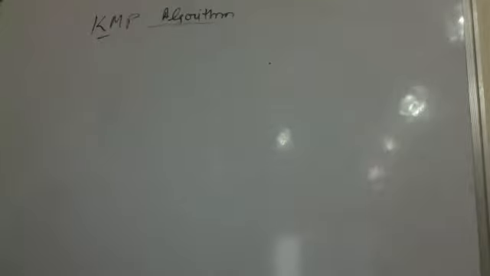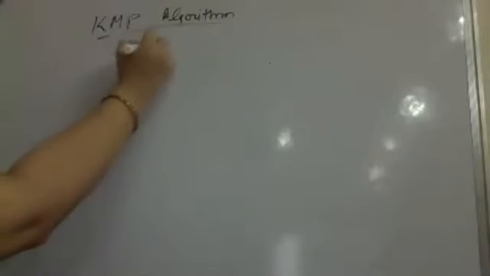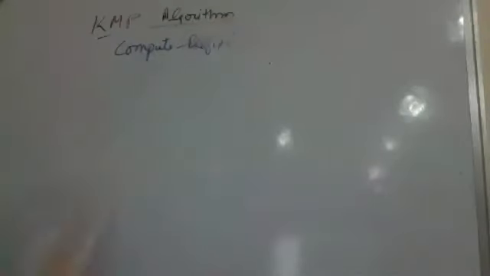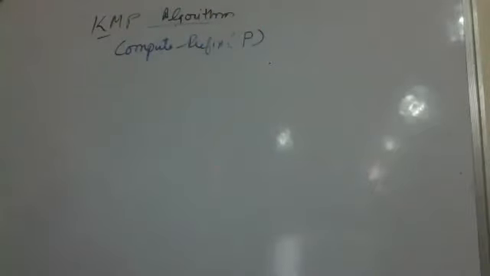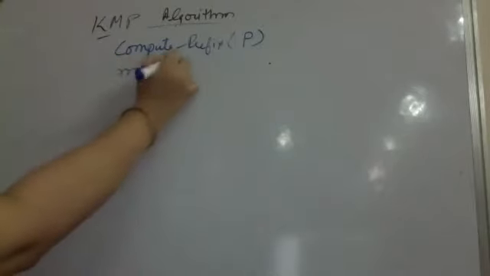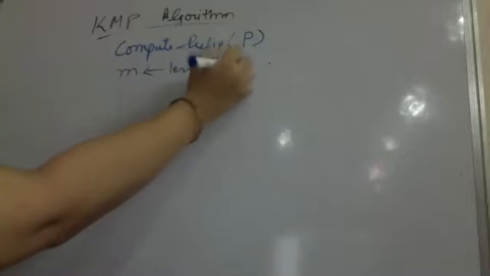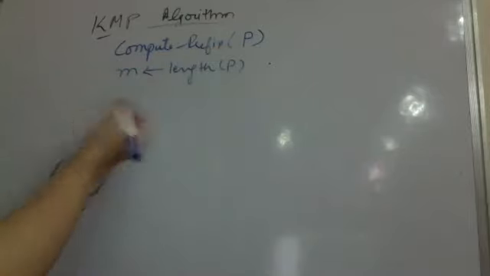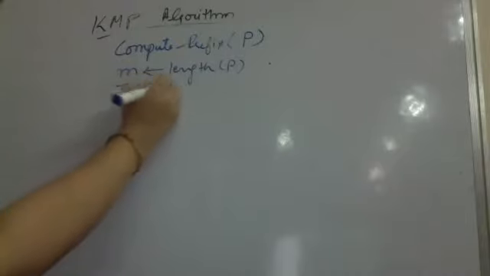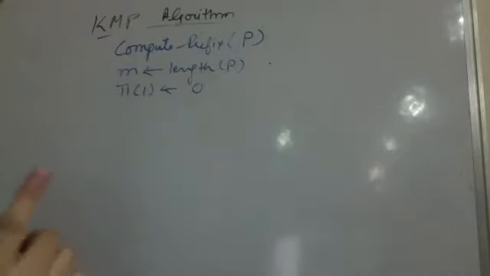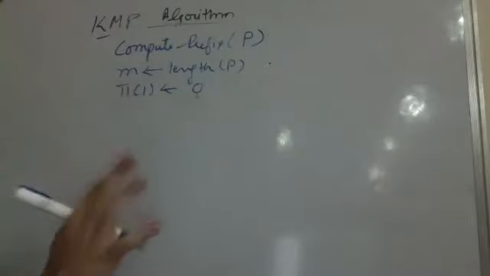The algorithm for computing the prefix function, I'm having say compute prefix. For what? I have to compute the prefix for the pattern. So only the pattern I am having. What do I do in computing the prefix function is, I calculate the length of my pattern. That is the number of times for which I am going to calculate some prefix. Now I am having prefix of 1 is 0. Whatever is coming at location 1 is occurring for the first time. So the prefix of that is definitely 0.